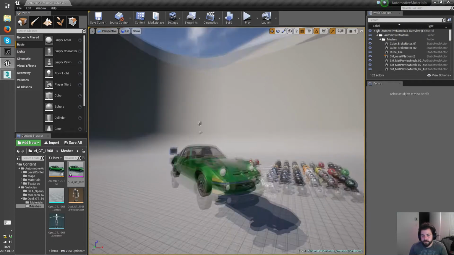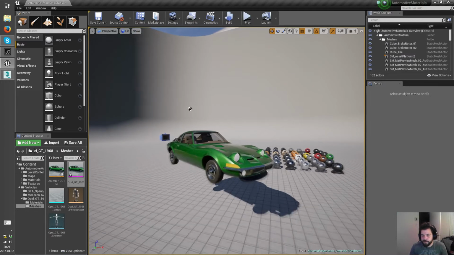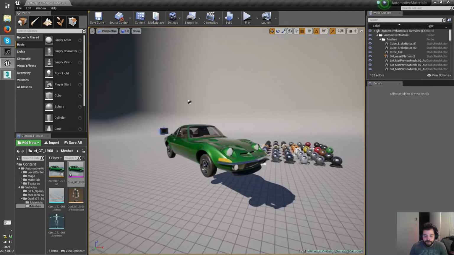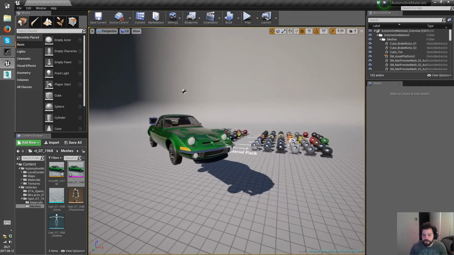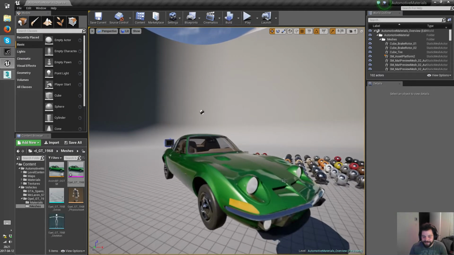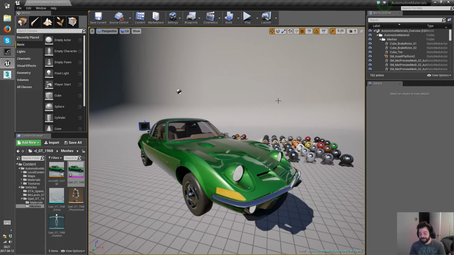Hi everyone, just a quick video to show you a new method that I've been told about to rig the vehicles inside 3ds Max, and it's actually a really easy and fast method. It's actually kind of stupid that I didn't notice it before, and I have to apologize if you follow the